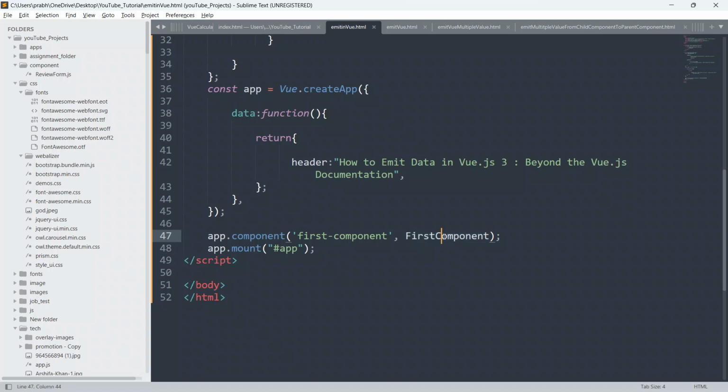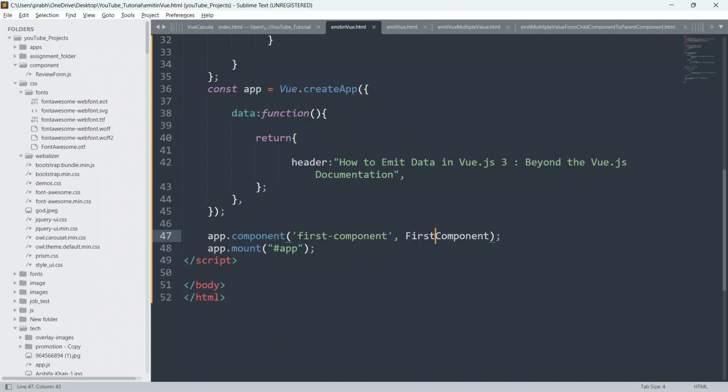Okay, we have to separate this first letter. This is the first word and this is the second word. We have to separate it. As you can see here, I have given first, and I have given the second word as component, and I am separating it using a dash. You can see I have given a dash also, just to separate these two words. Okay, so guys, in this way we have registered our component.